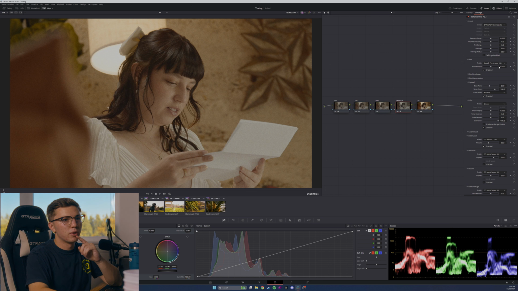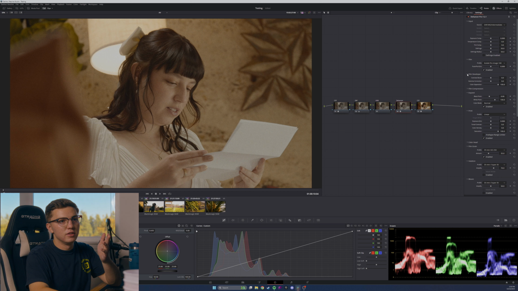We're gonna go with this one, Kodak Pro Image 100. That's giving us this general warm look. Below this, you've got the film developer, you've got the film compression, and you've got the expand. You've got all of,